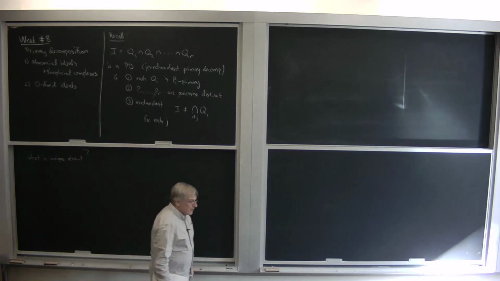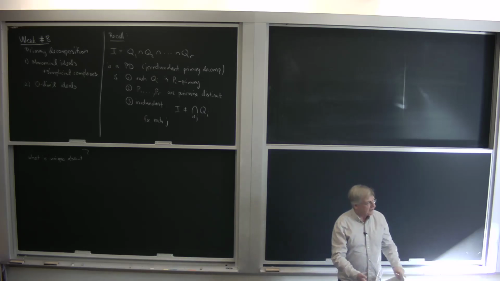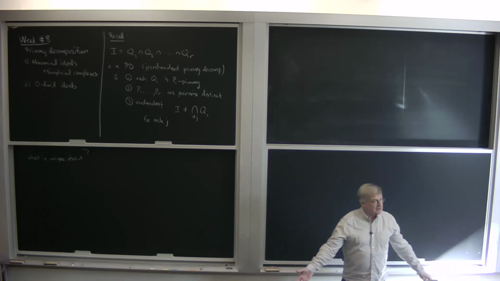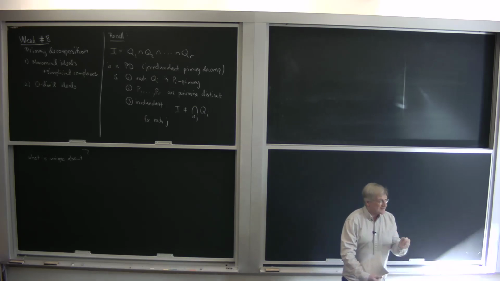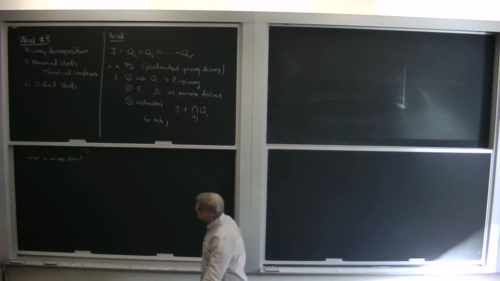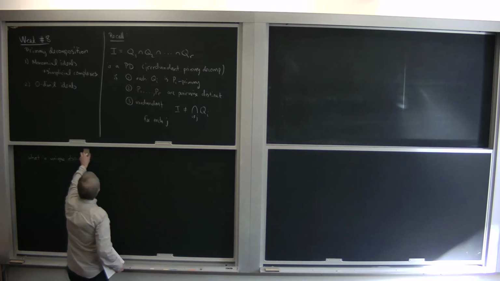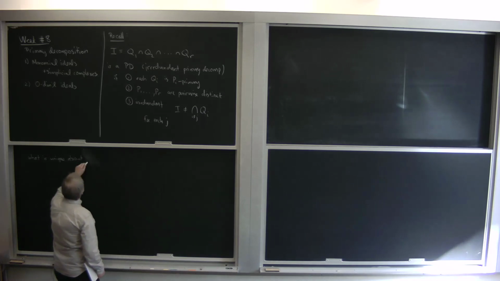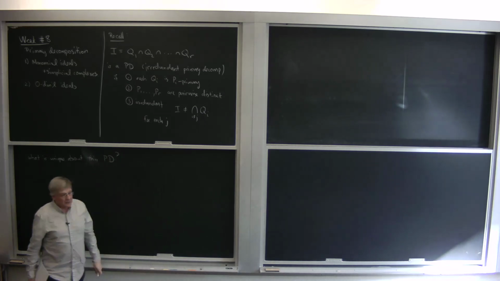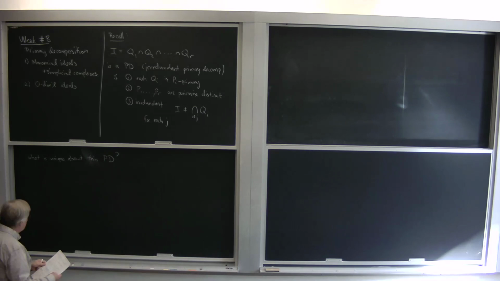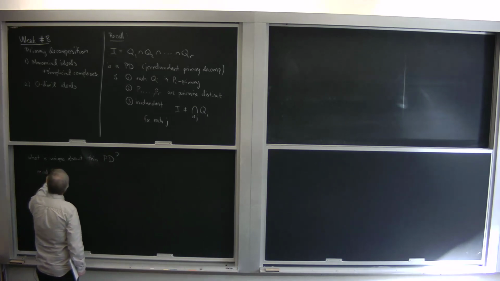If I had us each go away and compute a primary decomposition for a specific ideal, and we got different ones, which we would possibly, what would be the same about each one? What is unique about this primary decomposition? In other words, what can we say? So recall from last time,